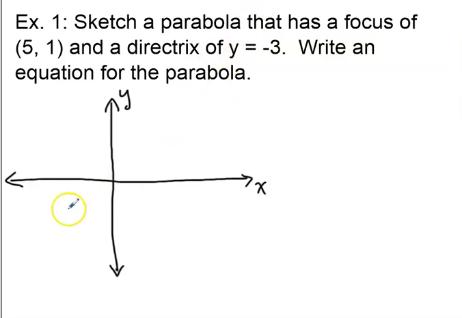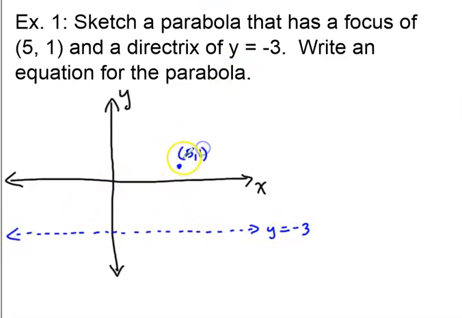Okay, let's see how you did. All right, so that's our focus. I'll label it F. That's our directrix, the line y equals 3. The vertex has to be equidistant, so I'll just think about what's the difference here. I've got from 1 all the way down to -3. That's 4 units. So therefore,